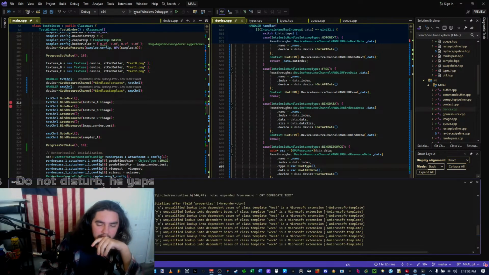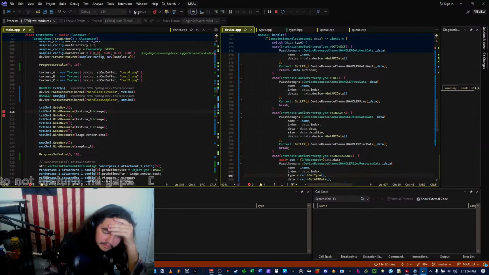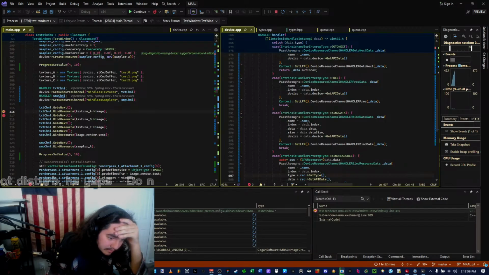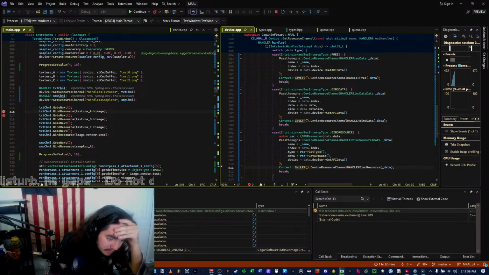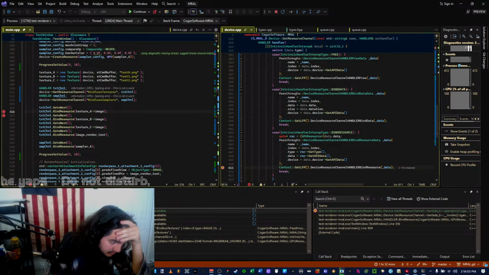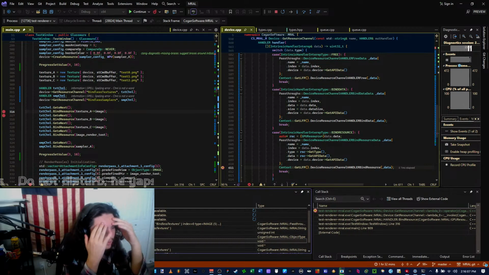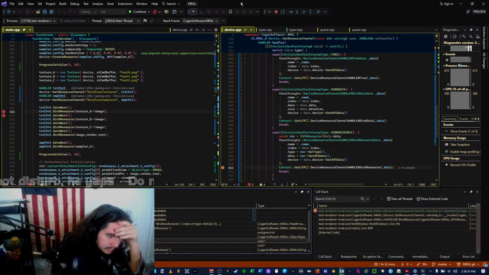Alright, you know what? I'm gonna set the breakpoints where I want to set them. Why doesn't it? Oh my god.